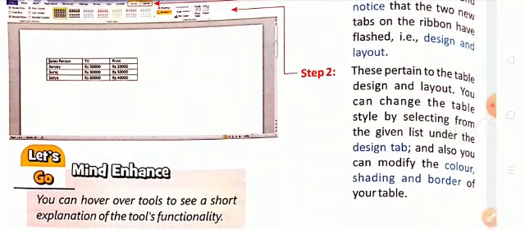In step number 2, using the table design and layout tabs, we can change the table style by selecting from the given list under the design tab.